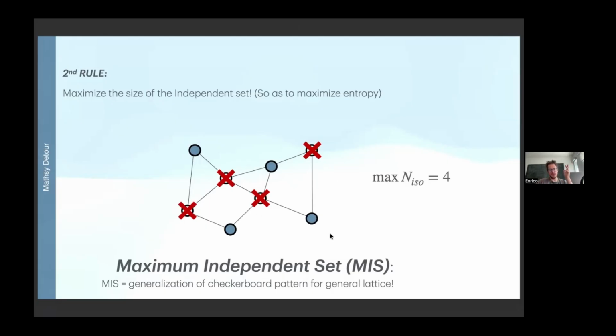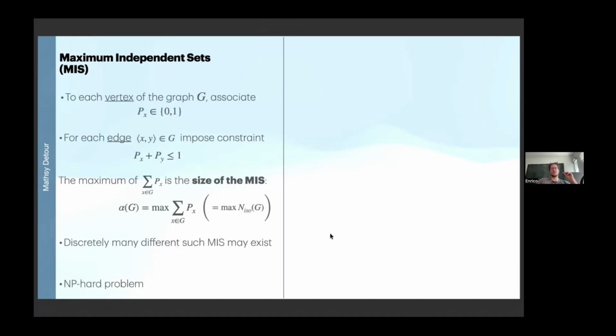But imagine having a very general and complicated graph. You just want to put this concept of maximum independent set on the computer so that you press Shift Enter and there you go, it gets isolated for you. So how do we put this on a computer? Well,